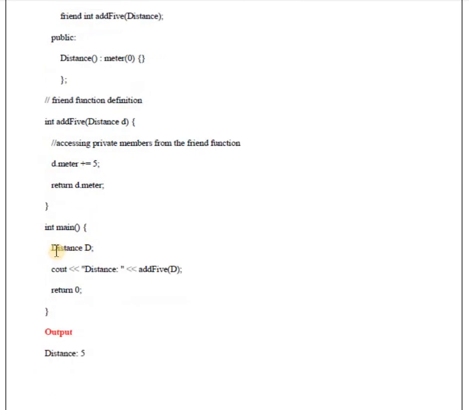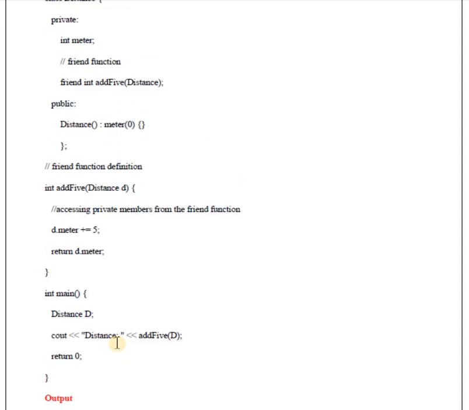So in the main function we are creating a distance class object D, and we are calling the add5 function. While executing this program, you will get the output as distance as 5. In short, in this program, add5 is a friend function that can access both private and public data members of a class.